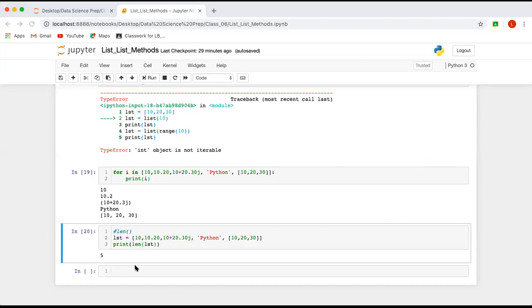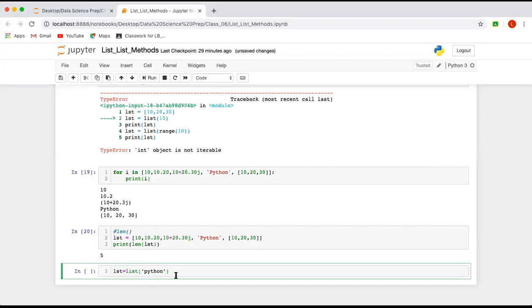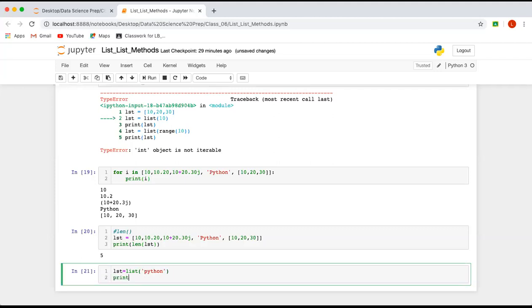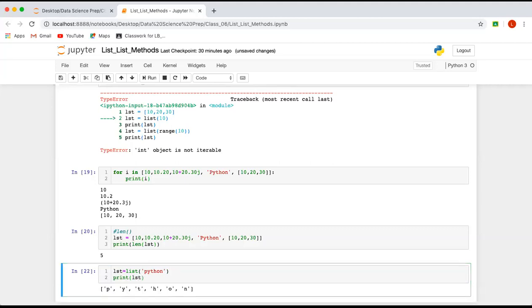If I copy and paste it here, see, this was not identifying earlier, if you have copied and pasted it from somewhere. Now it is identifying it as a string. Now if I run this code, it is not giving any error, right? If I take a list, it is giving me the list.